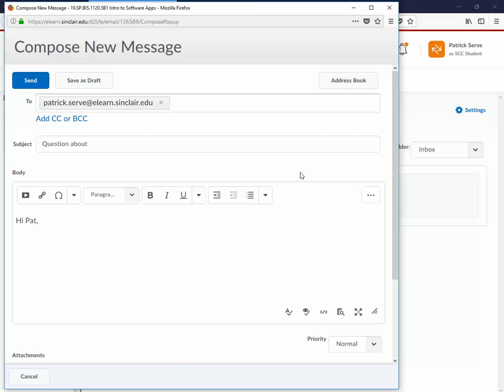I check eLearn a couple times a day just to see how you're doing, how you're progressing. I need you to get started on things in here early in the week, though. I cannot have you doing things at the last minute. A lot of our homework is going to be due on Saturdays, except for the first week. The first week, because of students getting added into the class and everybody getting in here,